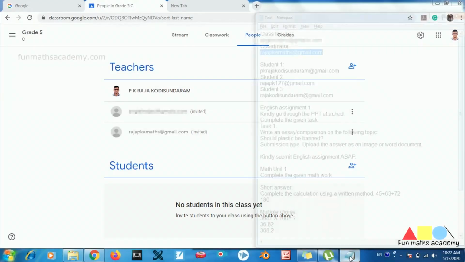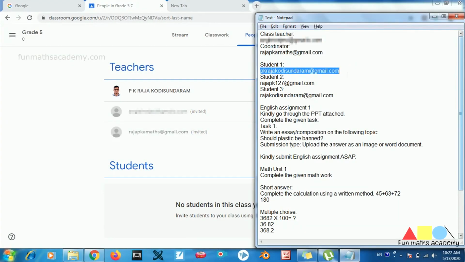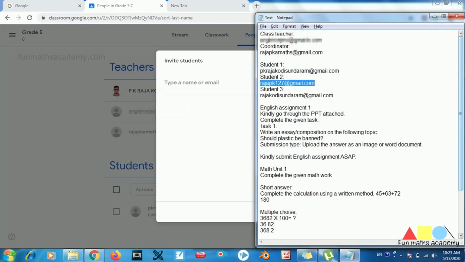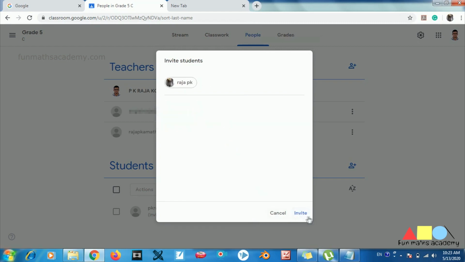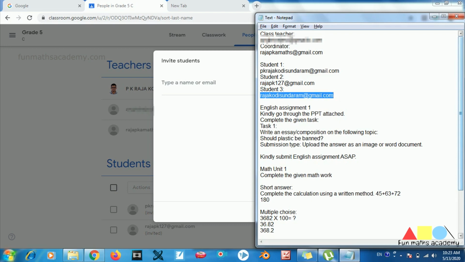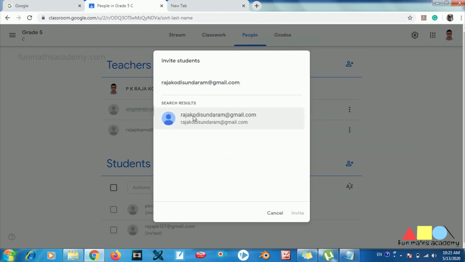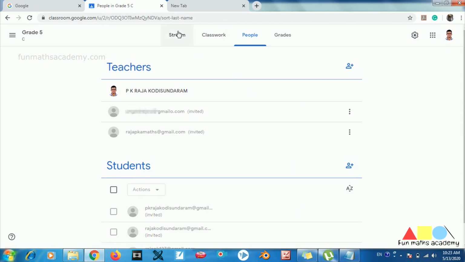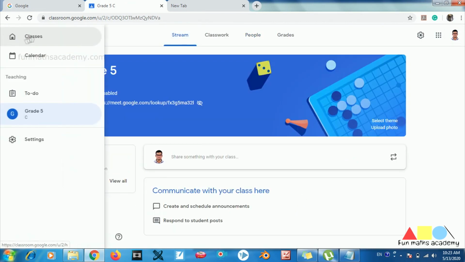Now let us see how to add students to this classroom. Just like how we invited the teachers, we are going to invite the students. It will be easy for us to identify the students if they have created their email ID in their own name rather than it being somebody else's email ID. Because if the email ID was in somebody else's name, it will be difficult for us to identify the student if we want to give a specific assignment to a specific student. You would have understood by now that if a student has 8 subjects, then the student must receive 8 different invites, one for each subject. You will have to do all this just once and it will help you all throughout the year.